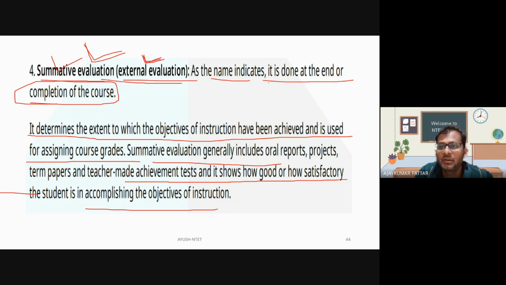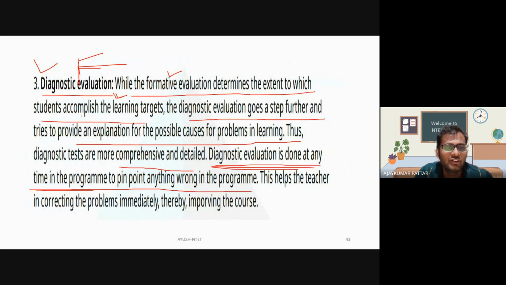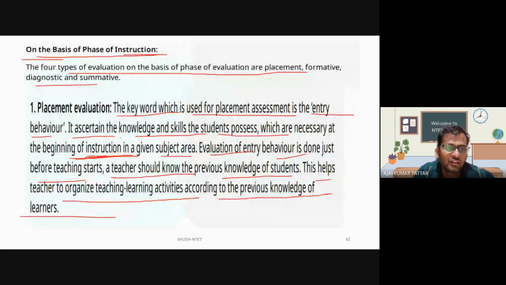Summative evaluation कब करते हैं हम? At the end of the completion of the course. Formative and diagnostic evaluation कब करते हैं हम? During the course. Placement evaluation कब करते हैं हम? Before,